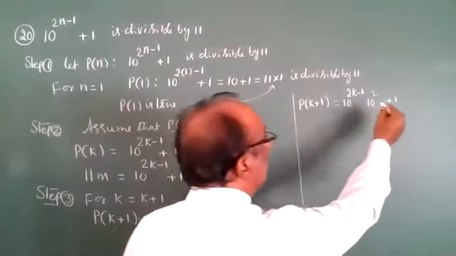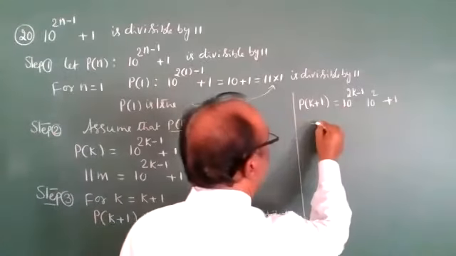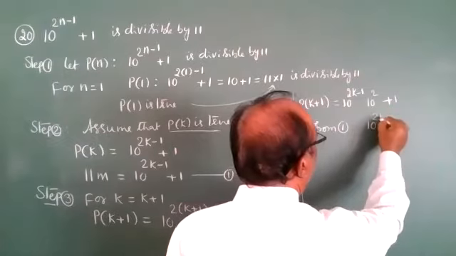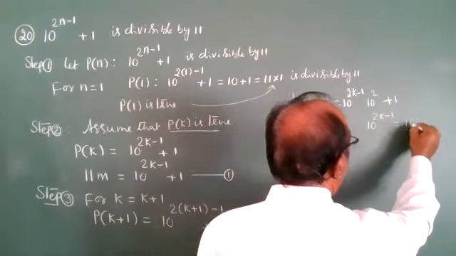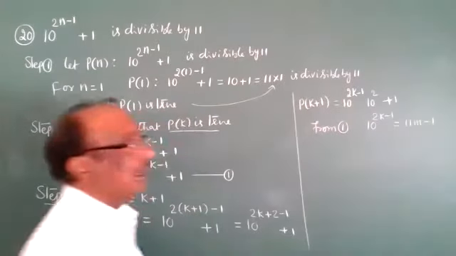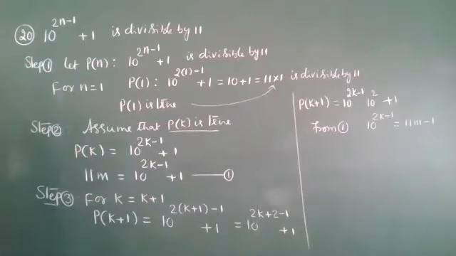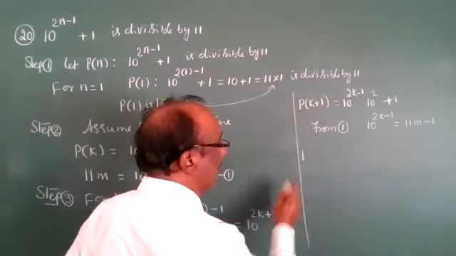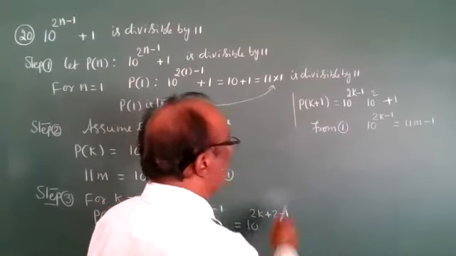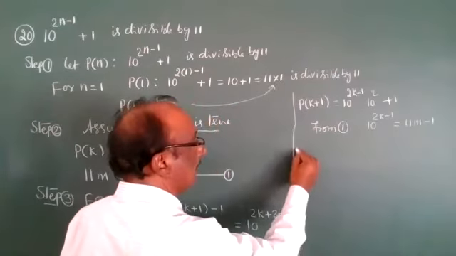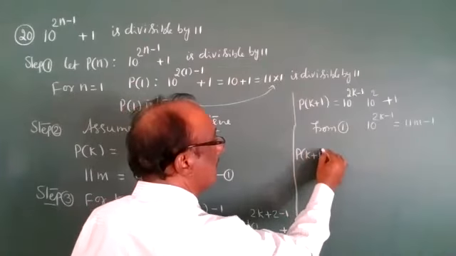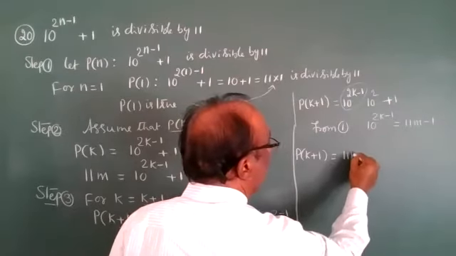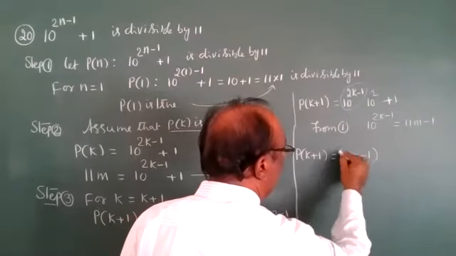Let it be. From 1, we have the value of 10 to the power of 2k minus 1 is 11m minus 1. Is it correct? Write down in that place P of k plus 1. P of k plus 1 is equal to, in this place write down the value (11m minus 1) into 10